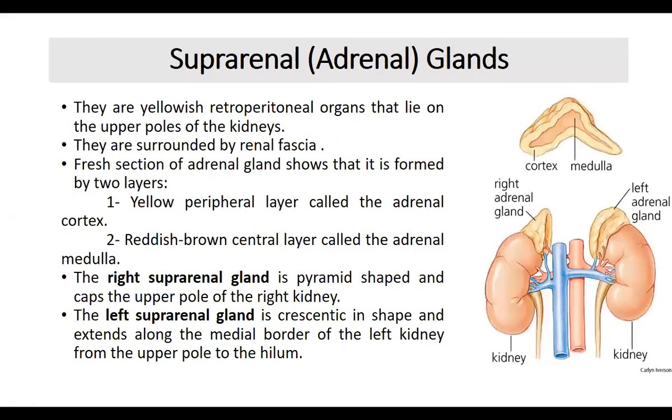Okay, as I said, the suprarenal gland is above the kidney. As you know, the kidney is retroperitoneal, so even the suprarenal gland or the adrenal gland should be retroperitoneal. This suprarenal gland is retroperitoneal along with the kidney, and as we can see, it lies in the upper pole of the kidney. So the upper pole of the kidney is not free, but it is occupied by the suprarenal gland. And if you see the color, usually it will be yellowish in color.